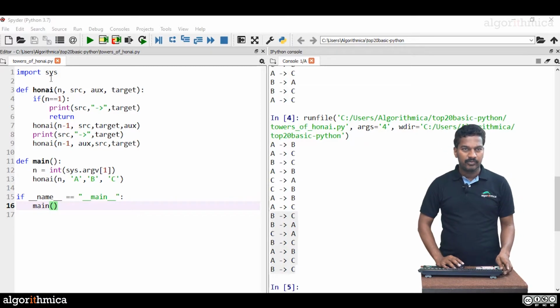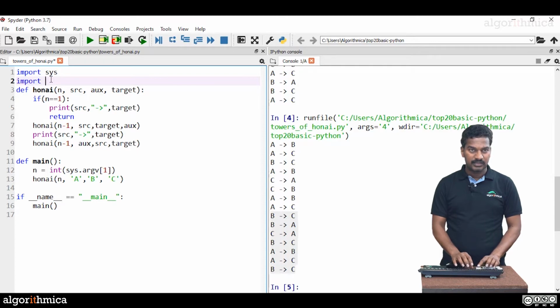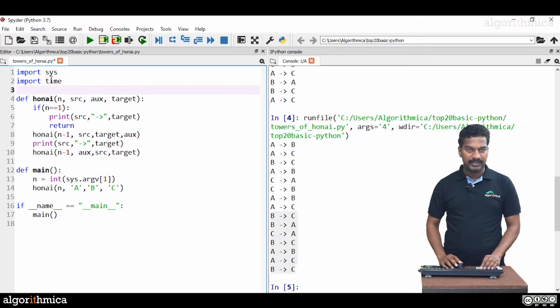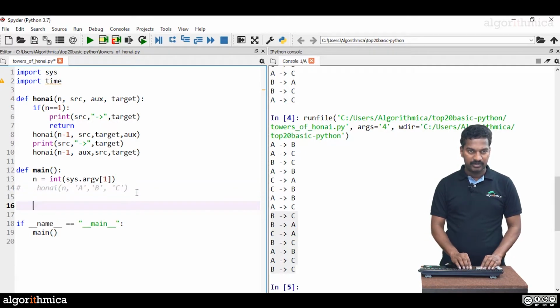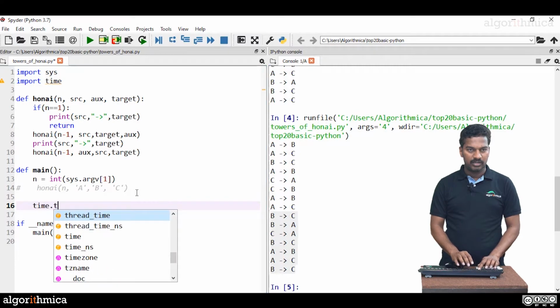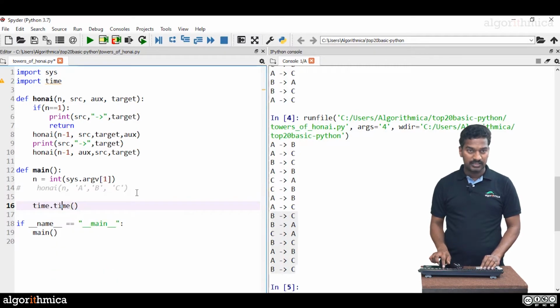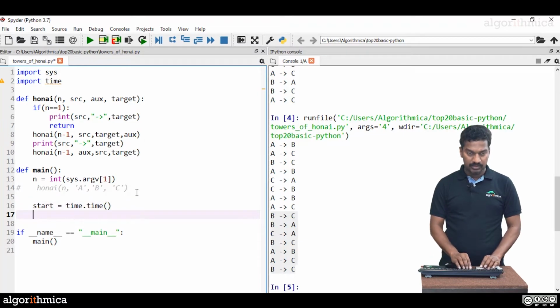So let me import the time package to clock this. Now, I don't want to disturb this code of the Hanoi call. So time dot time, we call this start, and again end is equivalent to time dot time.